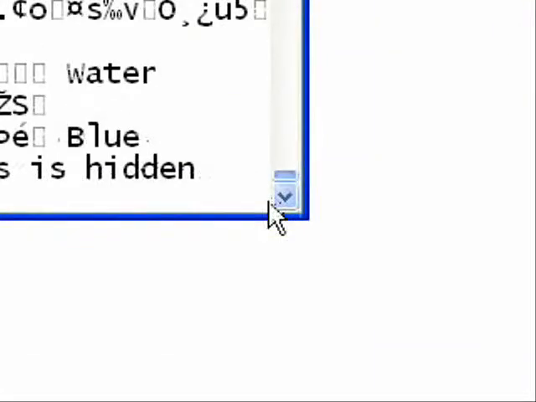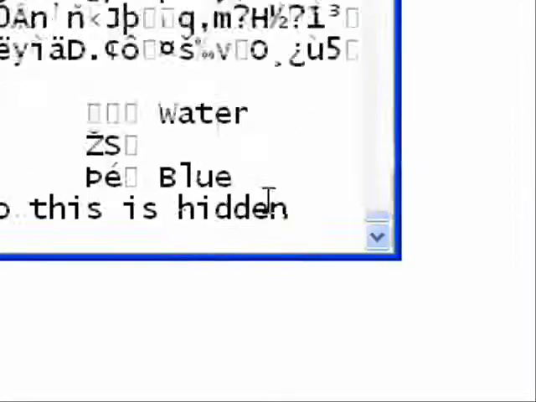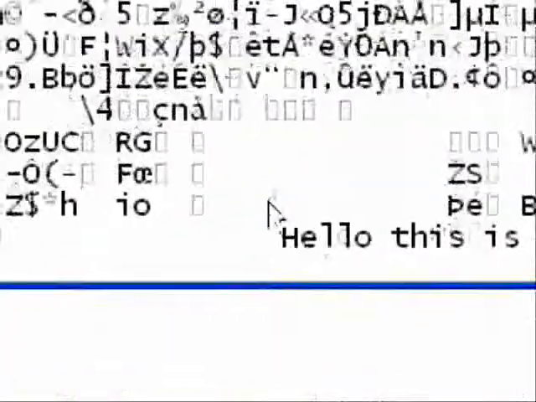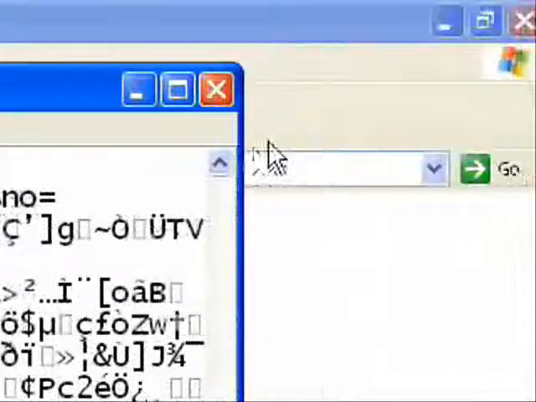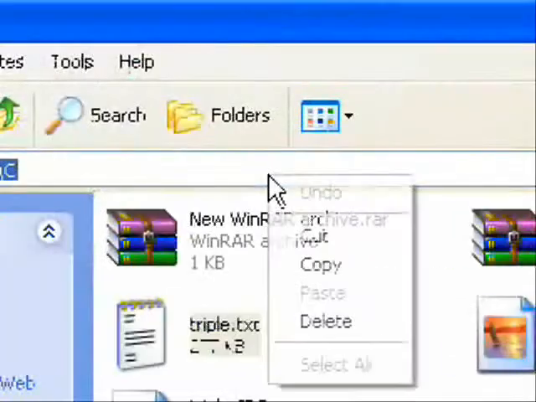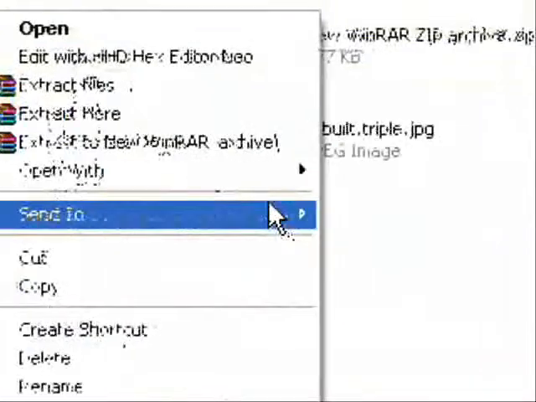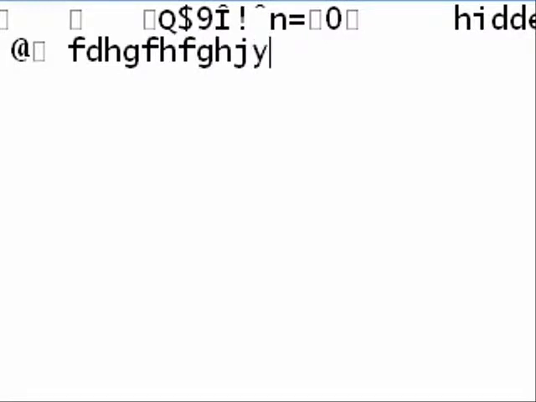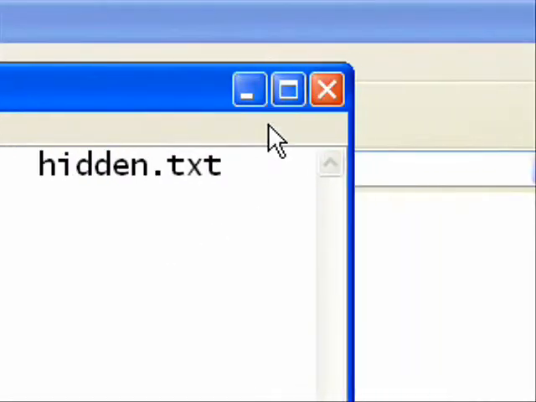Then the text file is actually there right at the bottom. What's cool about them is if you close it, right click and open it with Notepad, press save,